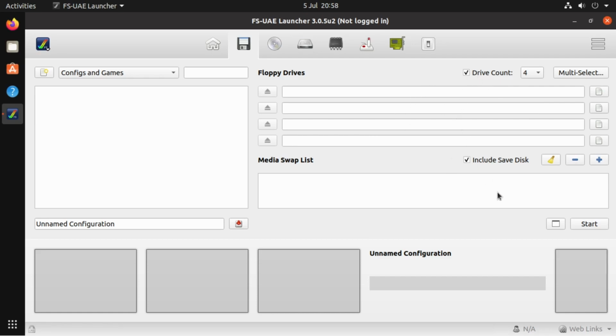Okay, now it's very tempting to sort of go into each of these and go, okay, I want Workbench, oh, I want extras, I want fonts, I want in each of these lines. But you'll find quickly that you won't be able to change to the other disks. FS-UAE kind of does a weird thing of how it manages disks as opposed to WinUAE. What you have to do is put them into a list. So we've got a media swap list here. So if I click on the little plus icon just here,